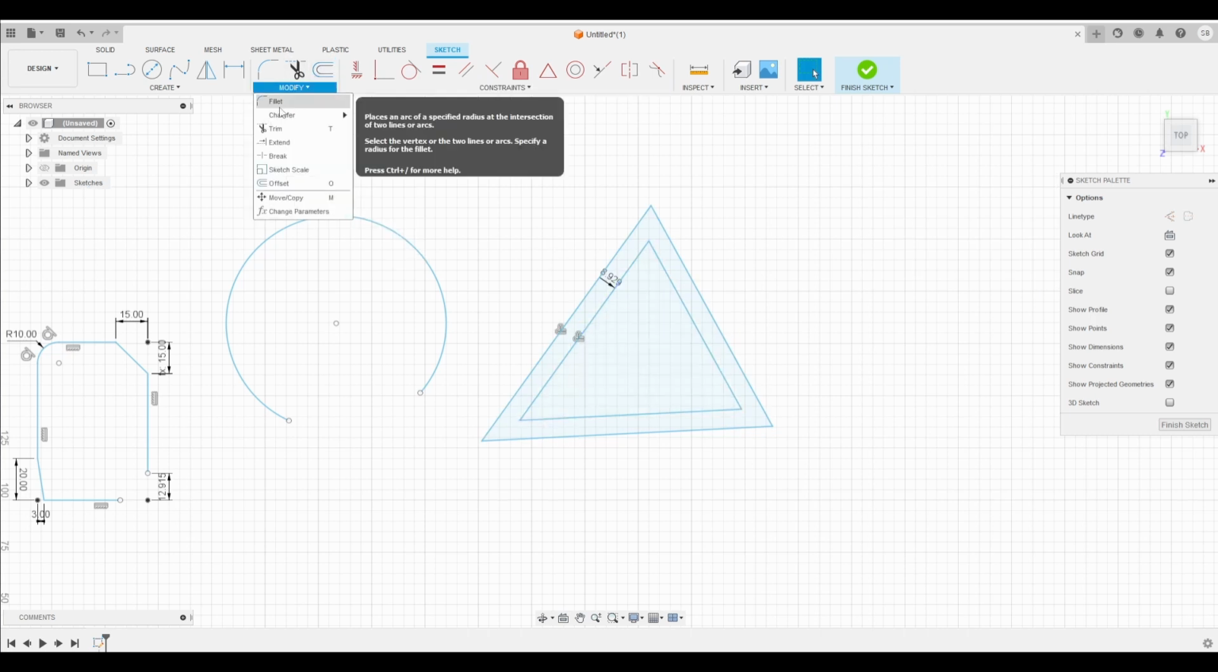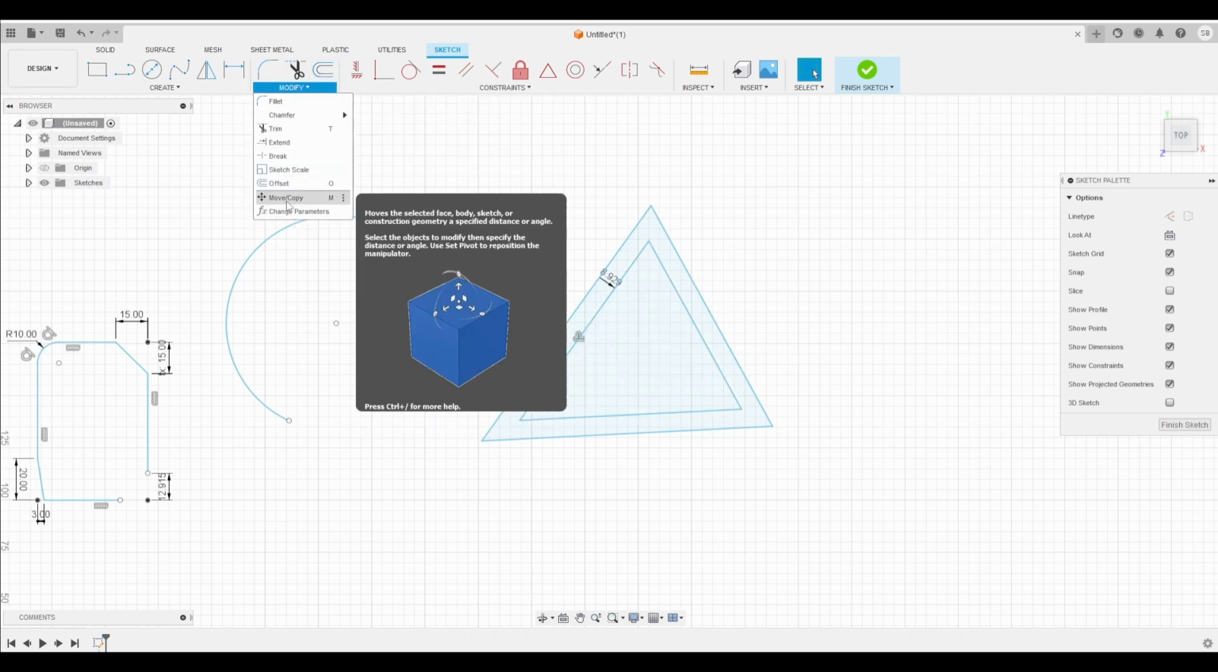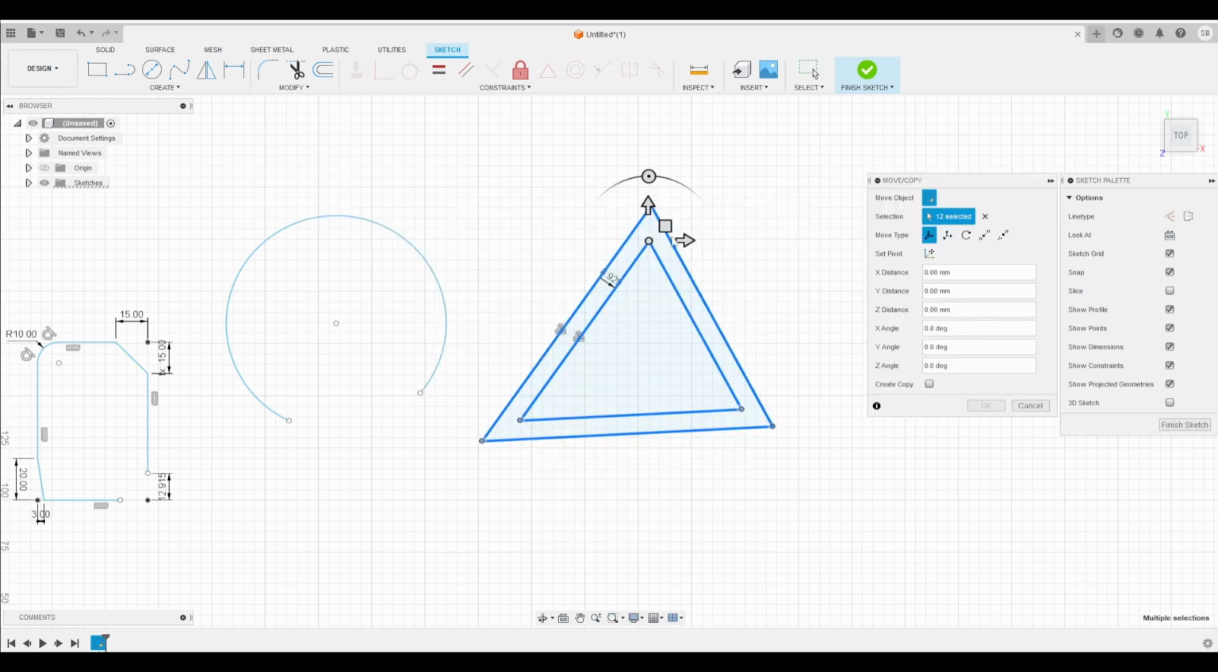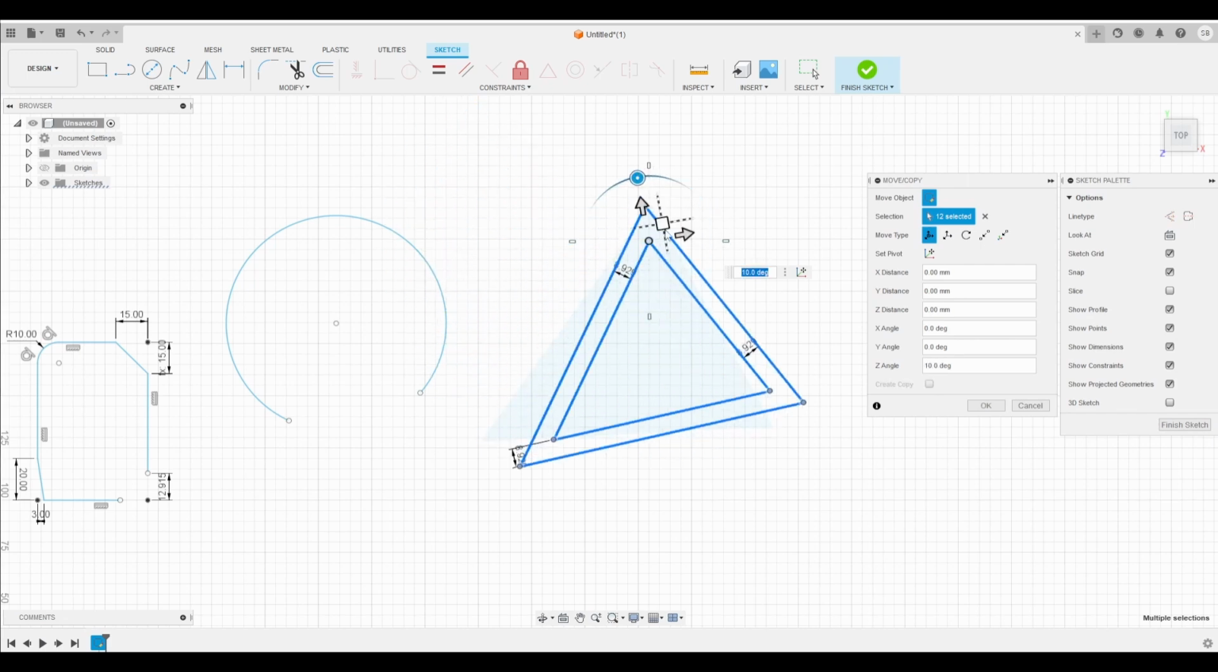Then we have the move/copy tool. Basically it just moves whatever you want. Just select it and you can move it, change the angle at which it is, and yeah, that's all. Finally, we have the change parameters. However, this will be explained later in the course, and it's easier to use it in the 3-dimensional plane. And with that, we have now finished